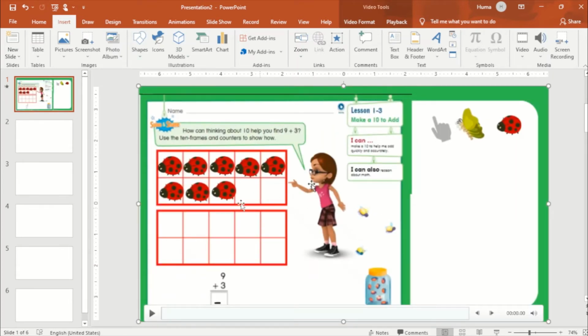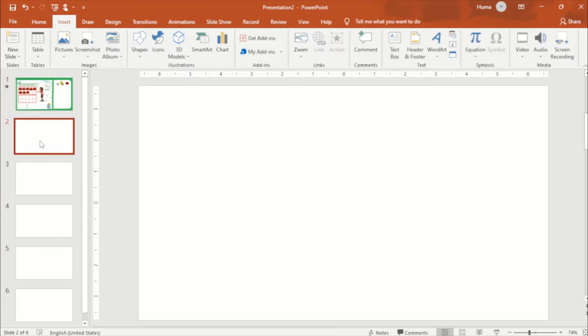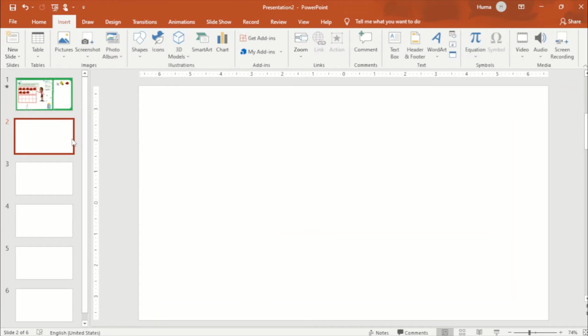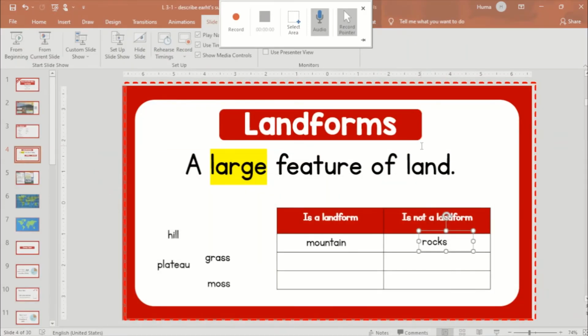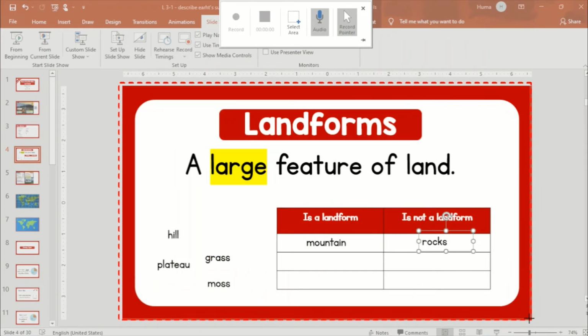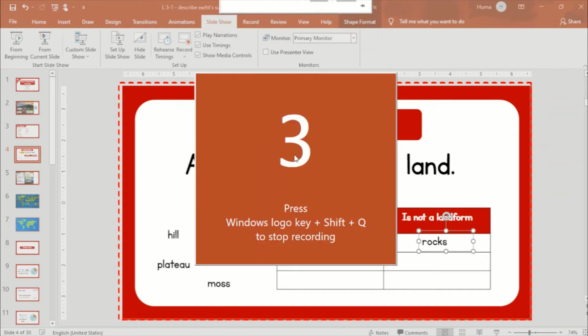Now, if I need to, I can even go on recording on a second slide too. For example, I need to record, let's say, another lesson about this one. I'm going to again press screen recording. It will take me to the last screen I was in. I can still reset the area if I want to, and I can press record and go on recording